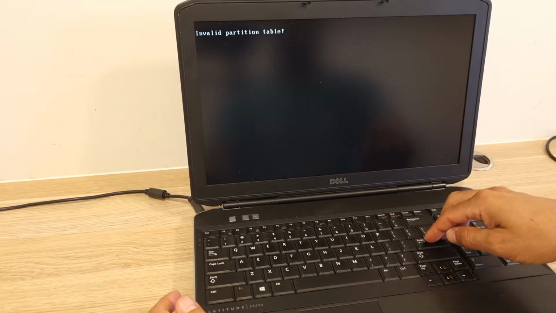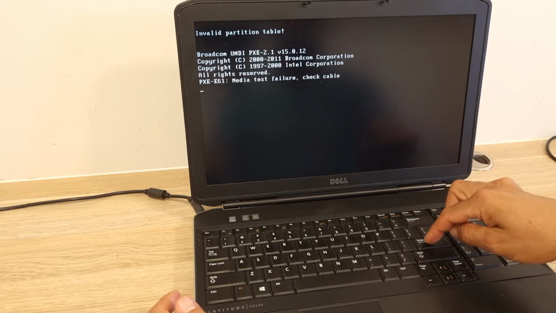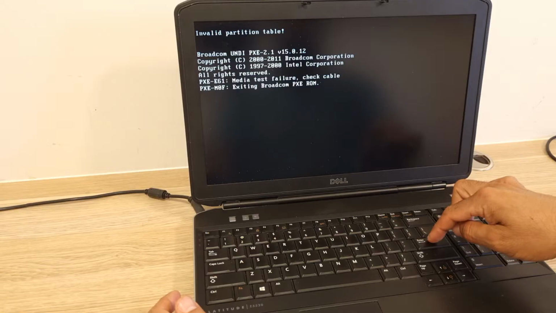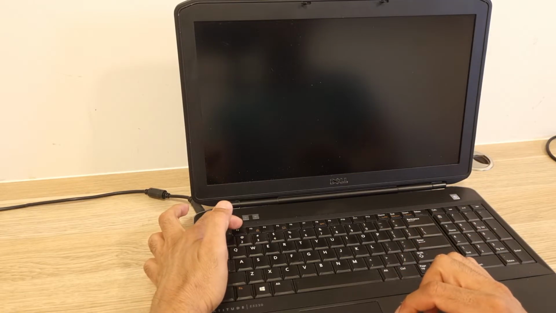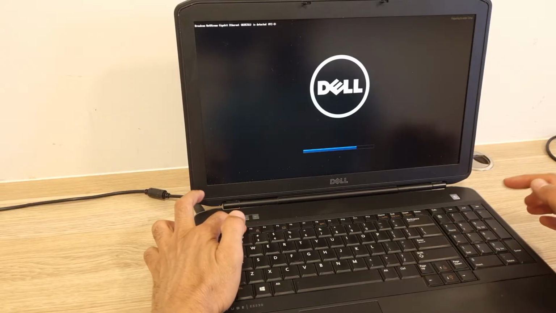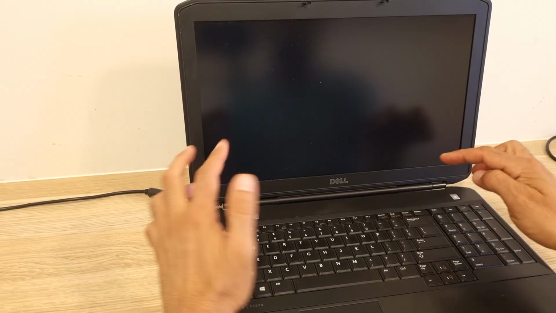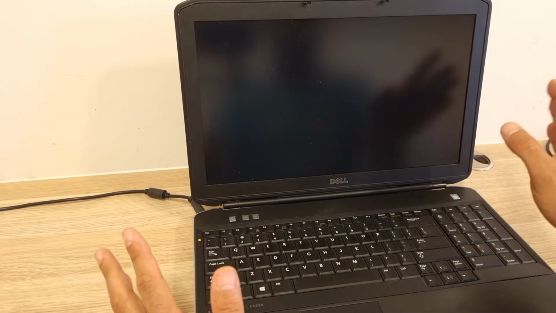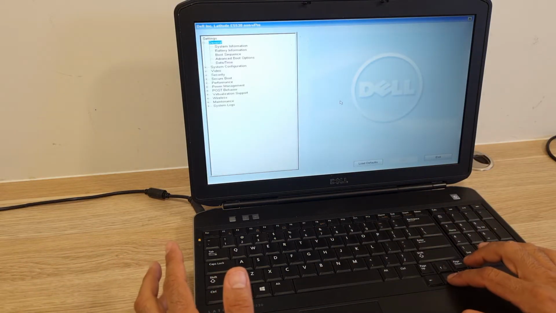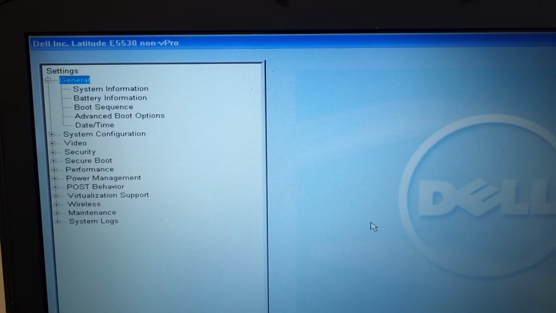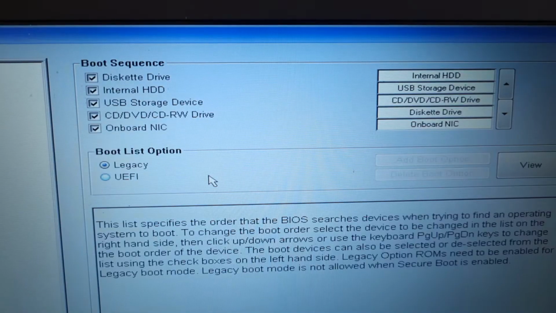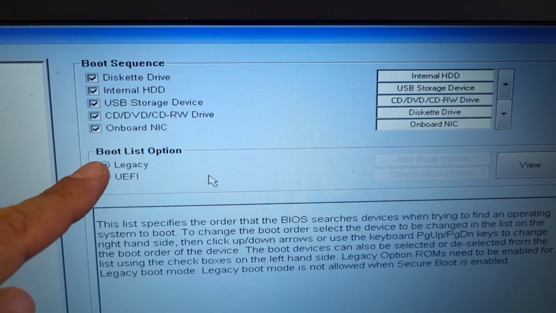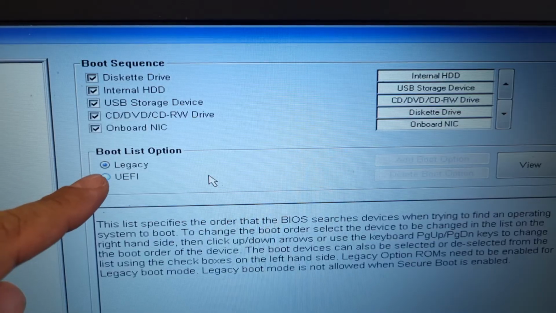First thing to do is restart the computer. Here it asks me to restart, then press F2. You may need to press Delete or F1 or F5, depends on your computer, so you can try any. And when the computer starts, you get this boot menu. Go to boot sequence, and here, as you can see, the boot list option is set to legacy, which gives